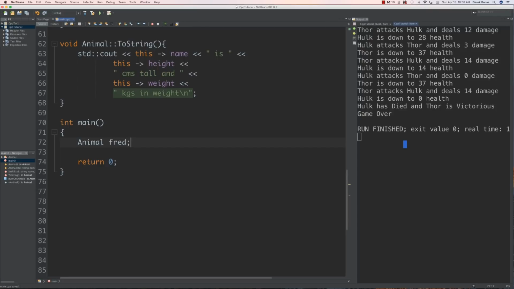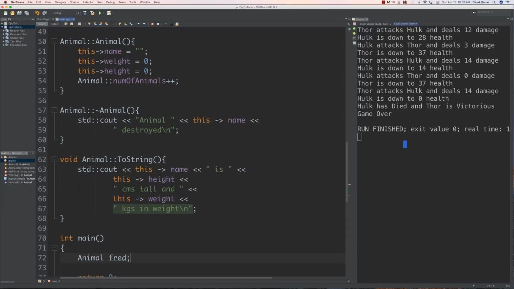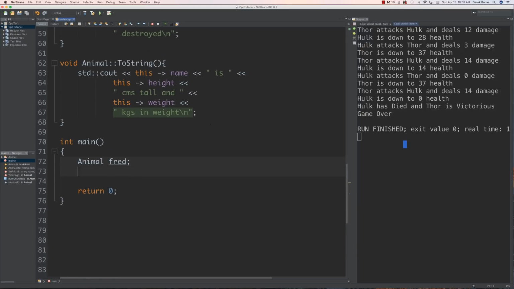You just go like that. That's it. Pretty simple and straightforward. And you can see here that we did not set any of the values, so it's going to use this default right here. You know what the values for Fred are going to be because you can see them right there. But we could come in and we could say something like